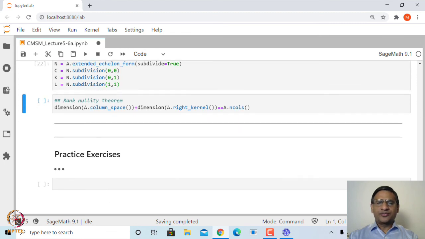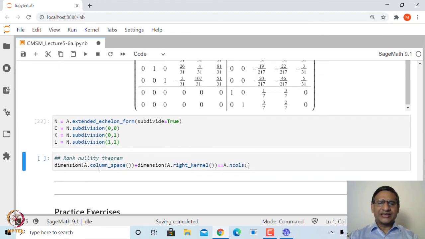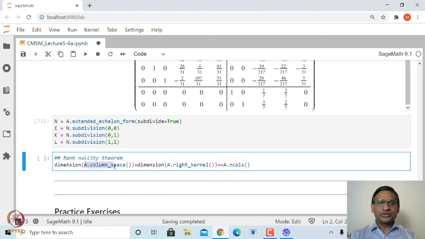Now, if you look at any matrix A which is an M by N matrix, then you can look at the dimension of the column space. That dimension is called the rank of the matrix. Similarly, look at the dimension of the null space, that is the dimension of the right_kernel, that is called the nullity. And if you add these two, what you get is the number of columns.